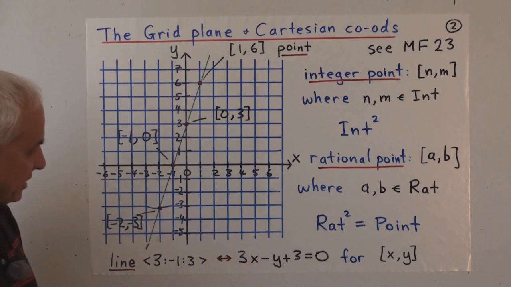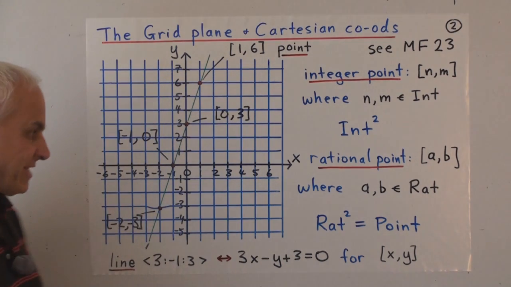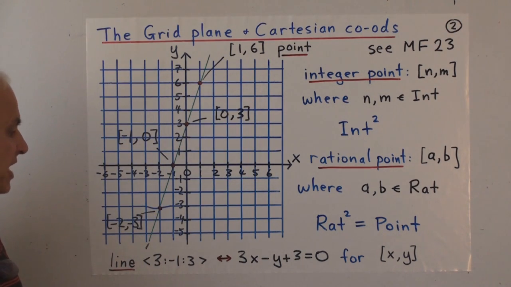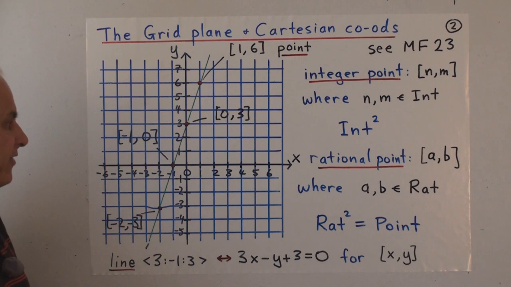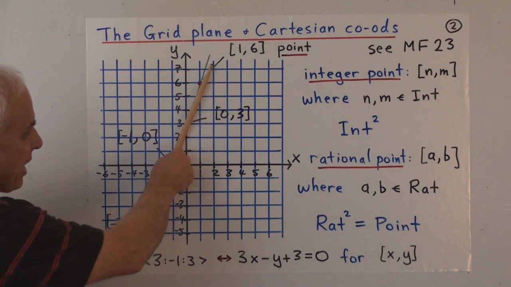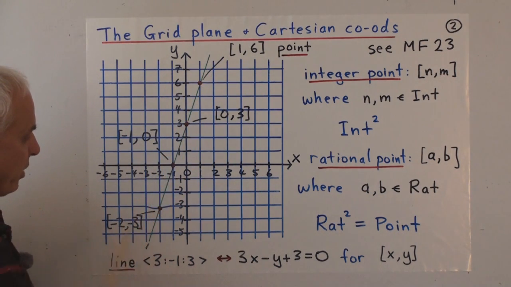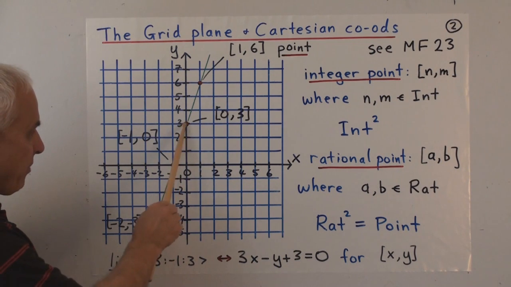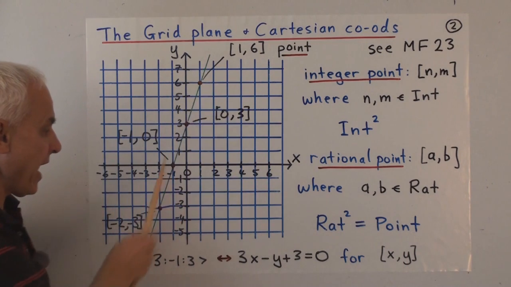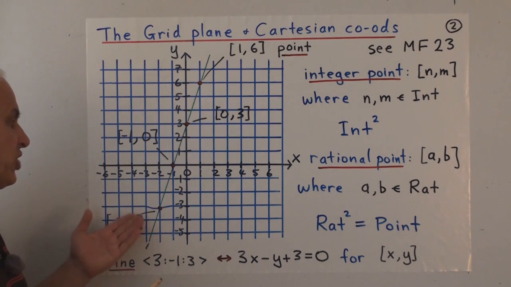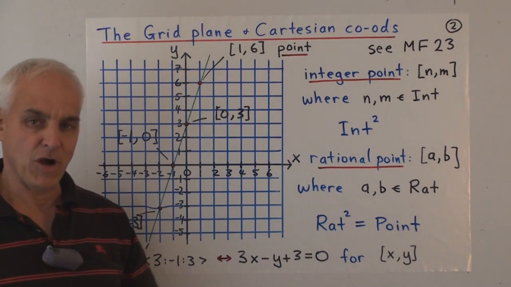Now, one of the lovely things about this Cartesian coordinate system, essentially introduced around the time of Descartes, is that we can encode lines and other nice curves like conics pleasantly in an algebraic form. So for example, this line here, which goes through these various points, so equally spaced 1 over 3 up, 1 over 3 up, 1 over 3 up, so this really is a line. This line can be described by the relation between the x and the y coordinates of the points on it.